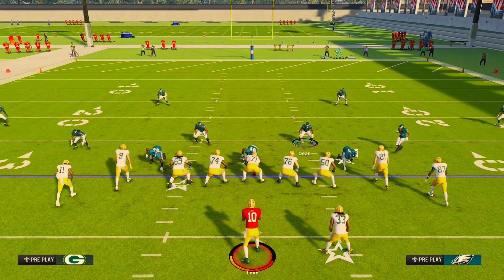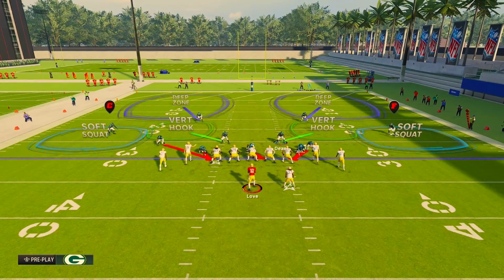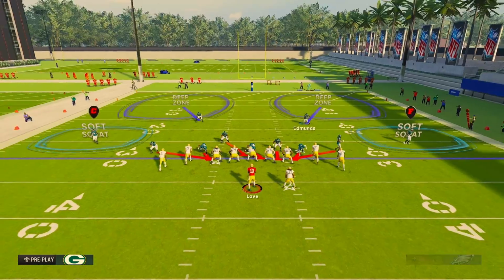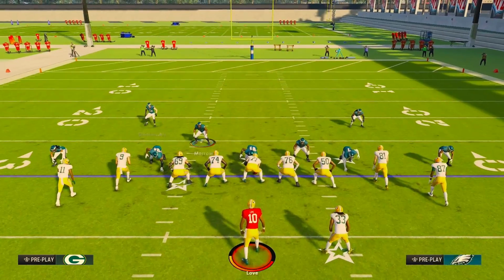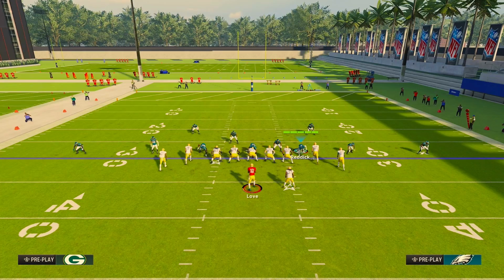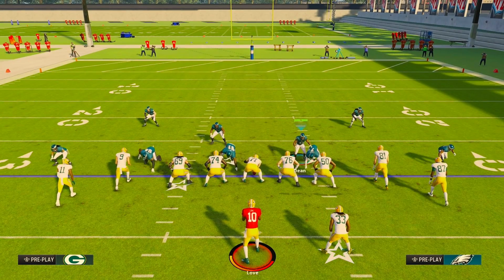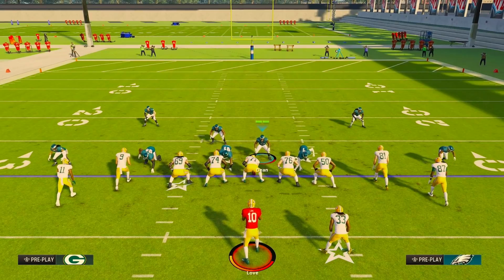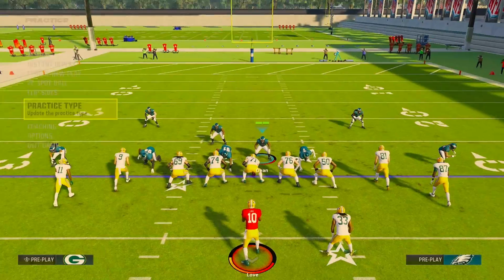So in order to stop that, there are a few things you can do. Obviously, you can blitz everybody and stuff like that, but that's just not a good idea because if it's a play action, it's probably a touchdown. So you'd probably want to keep that stock. And then, shifting your line is not the best idea because if it's a read option or, my bad, or if I